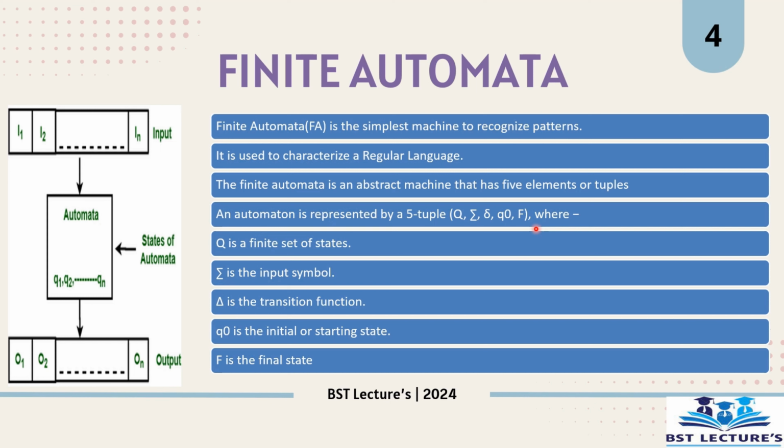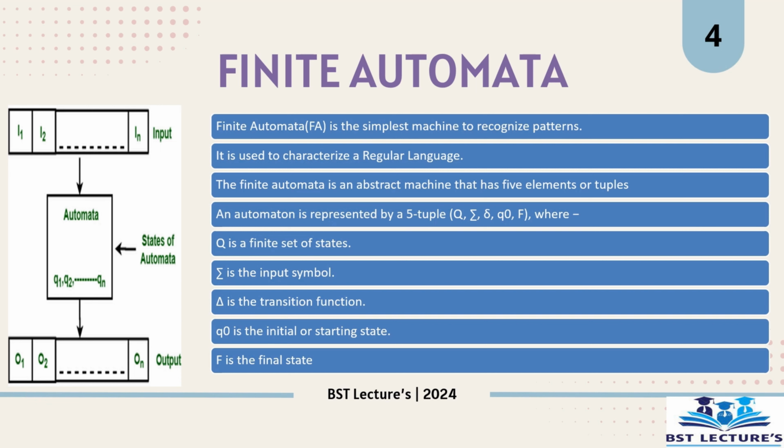Next, sigma. Sigma is the input alphabet, or you can also call it input tape, and delta is the transition function, and we will learn about this transition function in the further lectures. It is very important in any type of the automata. Next, Q naught. Q naught is the initial or the starting state where the input gets started in the automaton. Next, F is the final state where the input must end to get the correct output string. Next, this is the picture of the automaton.